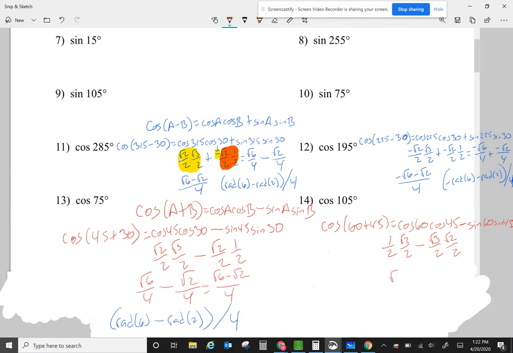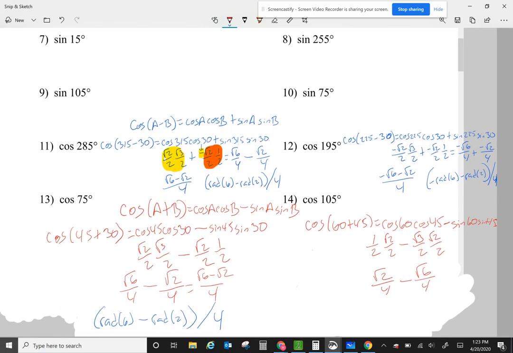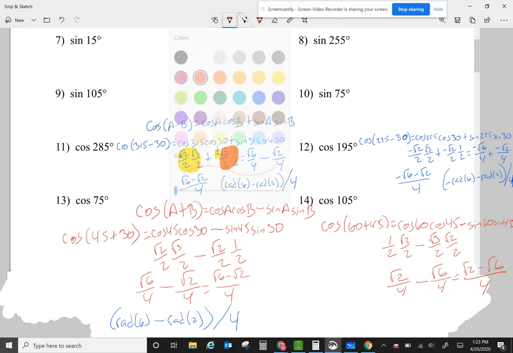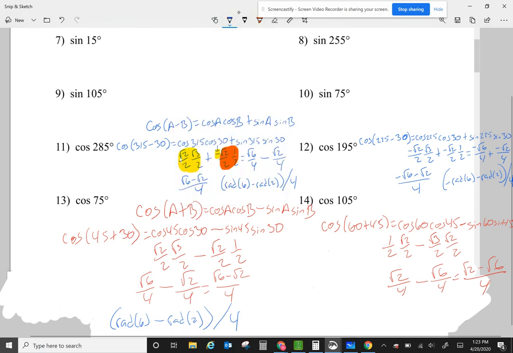So I have radical 2 over 4 minus radical 6 over 4, which combines to be radical 2 minus radical 6 all over 4. The way I'm going to type this, big parentheses on top, radical 2 minus radical 6 all over